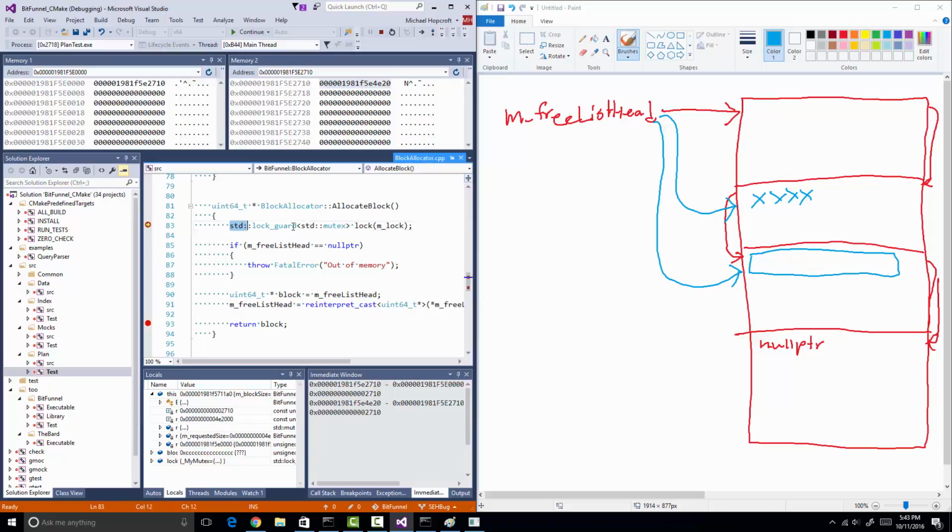So we're right at the beginning. We're taking a lock because this is a multi-threaded block allocator. I'm going to press F5 to jump down to the end just to run to the next breakpoint. And then I'm going to hit F5 again, and we're going to continue till the next block is allocated. And there we go. Whenever a value changes in the debugger and it's displayed on the screen somewhere, Visual Studio